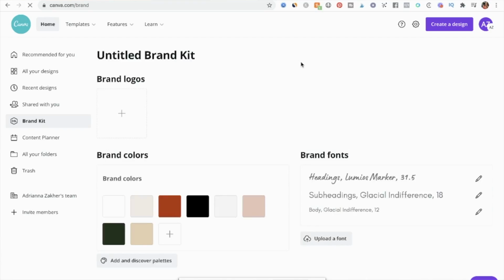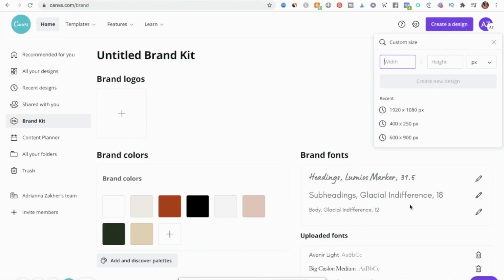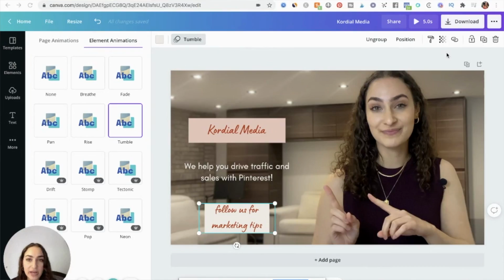We love Canva. Me and my team, my graphic designer uses it all the time. I've actually invested in Canva Pro because you can upload different fonts for our clients and things like that. And you do also get access to some other features, but the free Canva plan is amazing as well. And that's what I used for years and years. So if you don't have too much money and you're just starting out, then utilizing the free Canva plan to do all of your pin graphics and designs for Pinterest is a great tool to use.